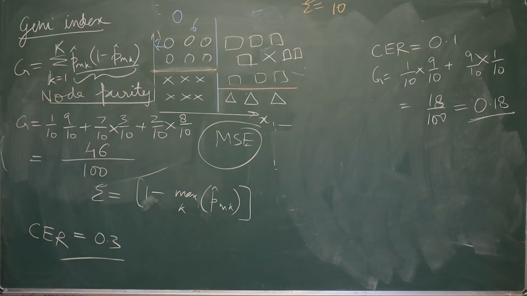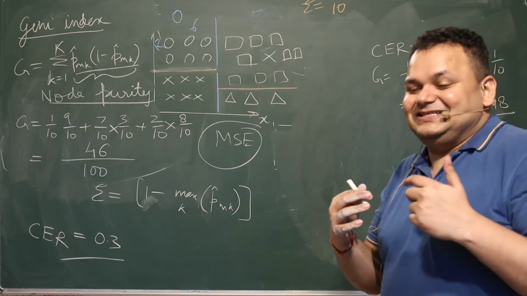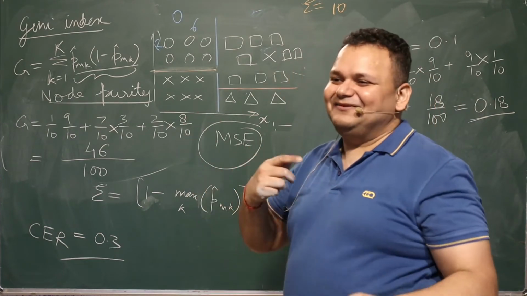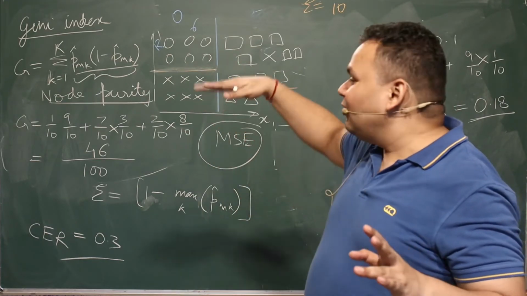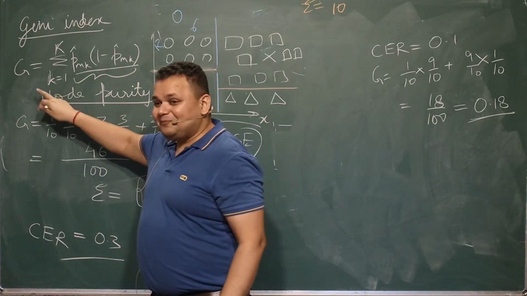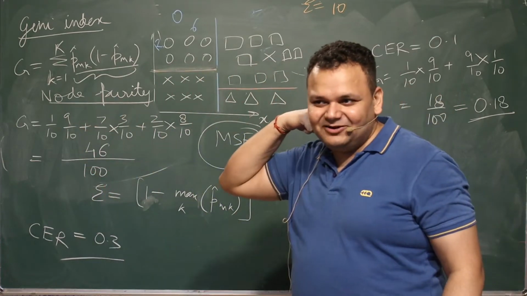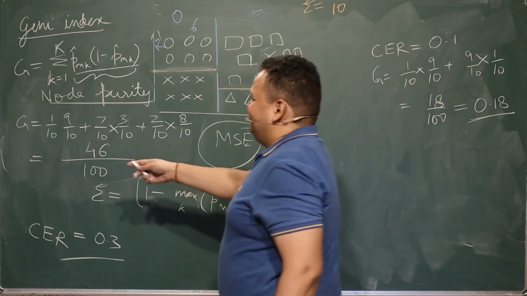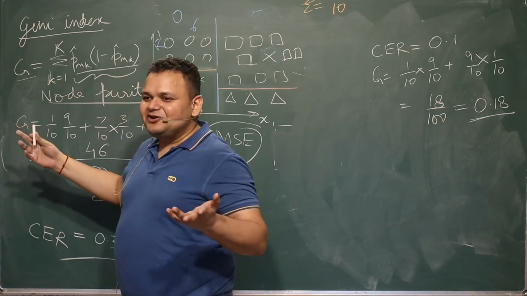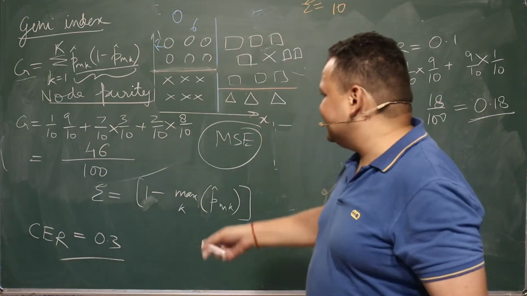Okay, if the node is pure, what is the value of Gini index going to be? What do I mean by pure? It means the maximal number of points belong to one class, and the number of points belonging to all other classes combined is negligible. For a node that contains only one class, क्या होगी Gini index की value? 0. So this can be used as the error function also, because the better classification that you have, the lower the value of G is going to be. So this tells you about node purity.